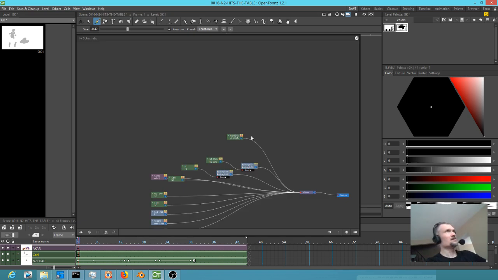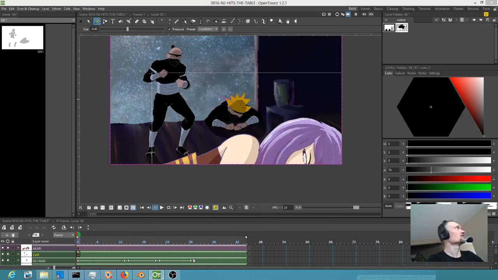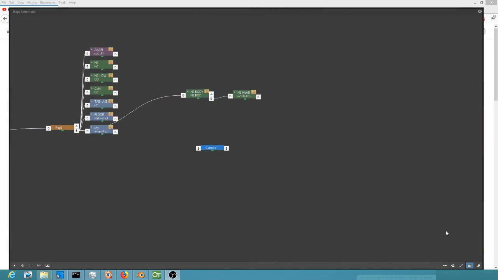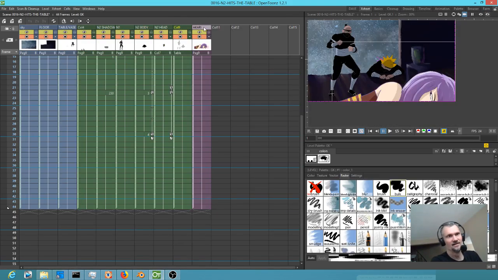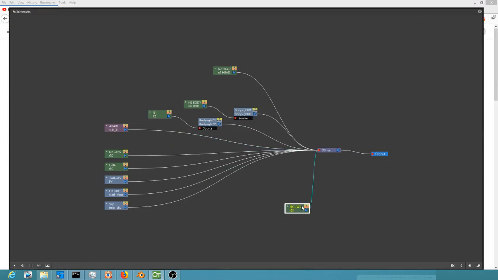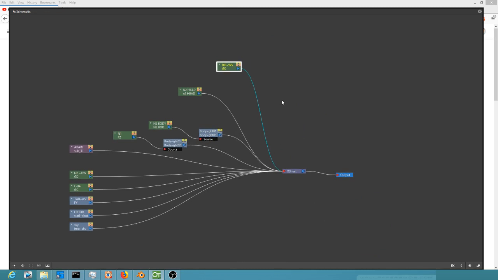Okay, and then in the schematic, I am going to add an effect, and I'm going to go up to this other window and switch windows here so it's not so clunky. Okay, so in the effect schematic, what we want to do is take this level that I just created, which I invariably didn't name. Okay, yeah, so let's call this bod shadows. Alright, and so now we go back here and we're looking for the word bod, B-O-W. Yeah, I think that'd be it. Okay, and what we're going to do,